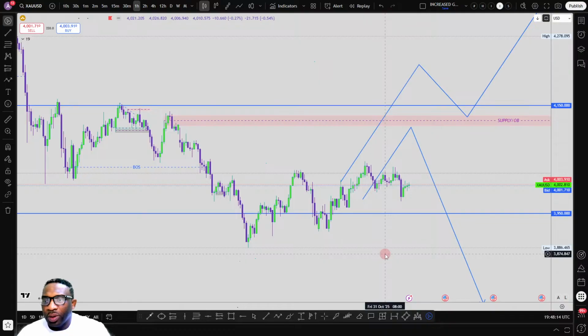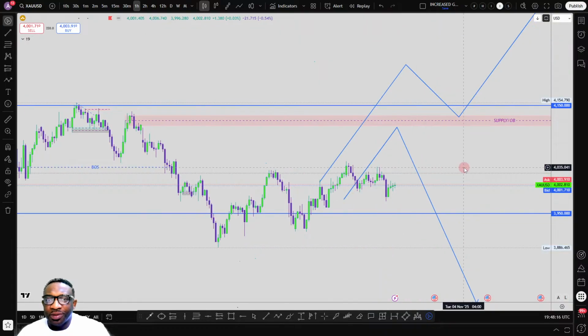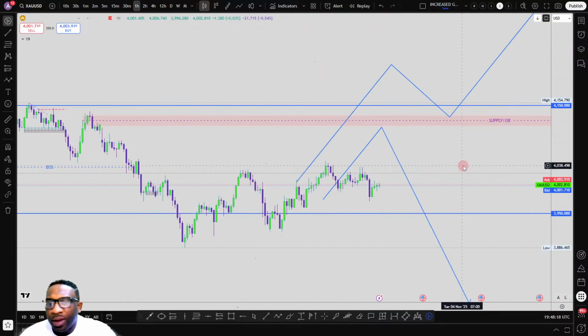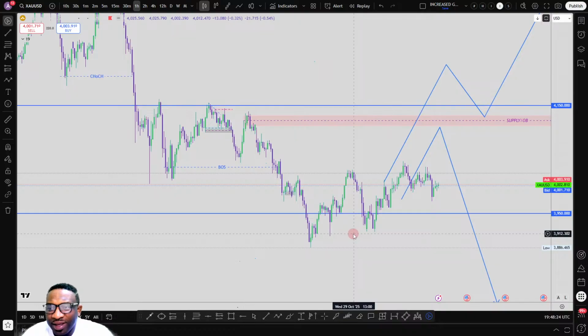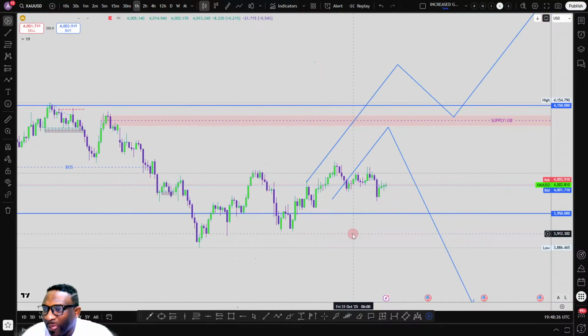All right, so gold. I think I've put in some markings already. Going by the key levels that I teach, the odd 50 key levels, we can currently see that we've touched, first time on,